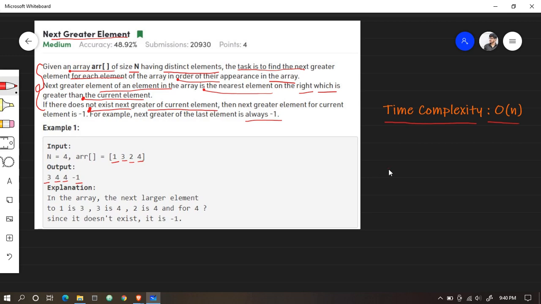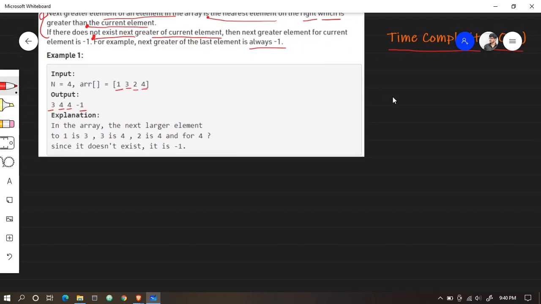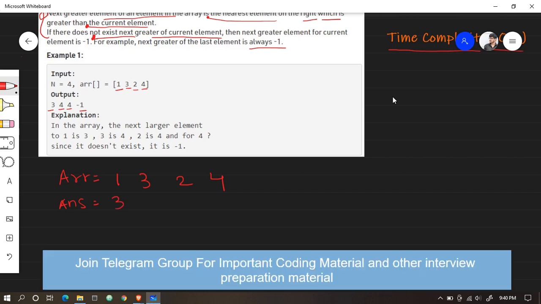So first of all, quickly just see the example that they have given us. Here they have given us an array. The array elements are 1, 3, 2 and 4. And the answer array or answer vector, I will use the vector here. So the answer vector will contain, on the right side, which element is greater than 1? 3 is greater than 1.